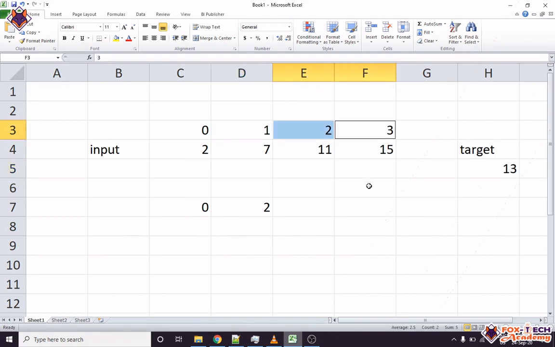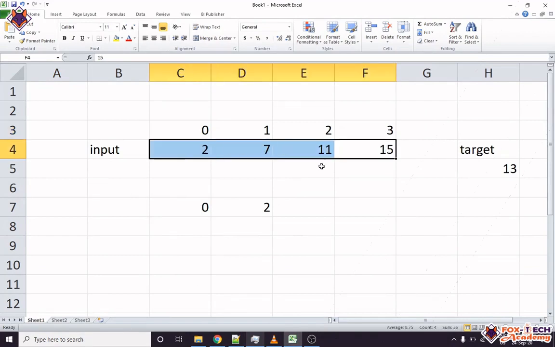So our checking will start from i and the second element will be i plus 1, till the last element, 15. The last index is the total number of elements minus 1. Suppose there are 4 elements, so the last index will be 4 minus 1.